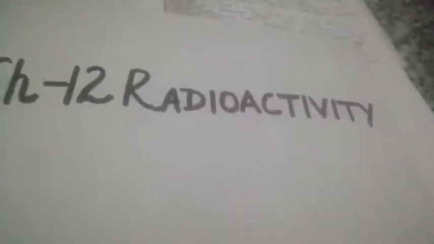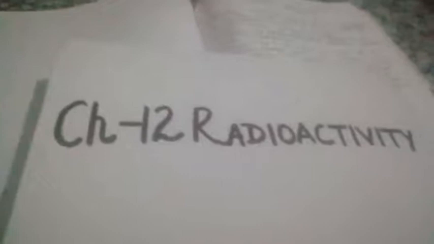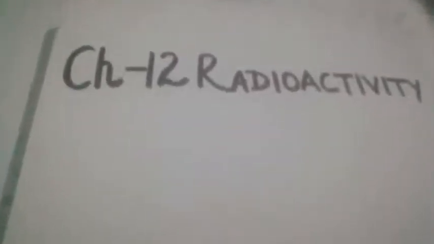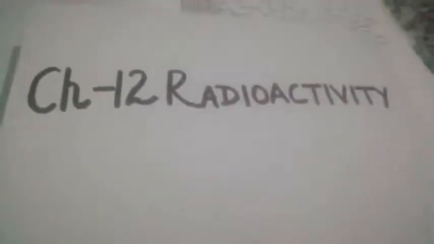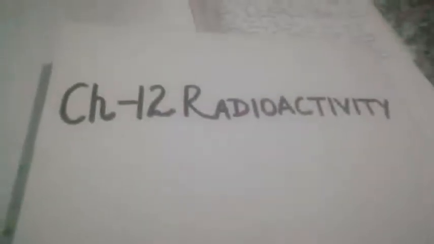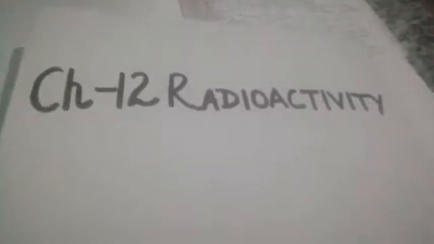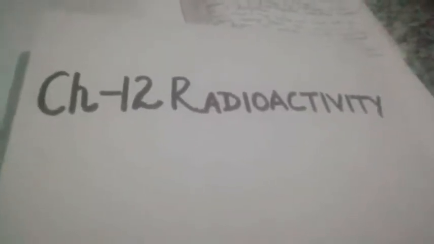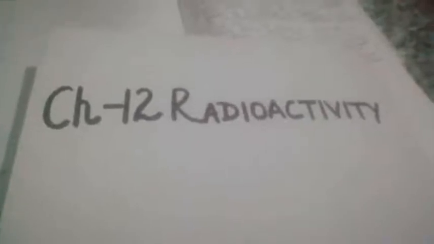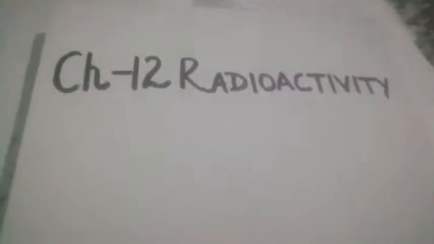Now the next point to understand is what, children? The daughter product after the emission of either an alpha particle or a beta particle may again be radioactive. If the daughter nucleus is not stable, then it is radioactive, we say, and it may further decay by emitting either an alpha particle or a beta particle. This process continues till a stable nucleus is formed.